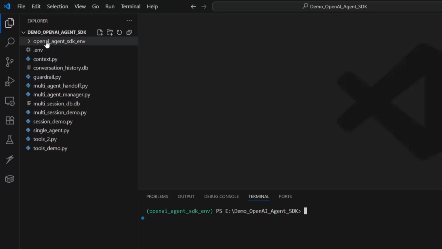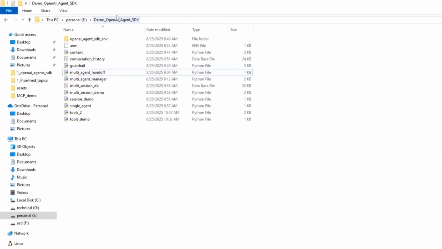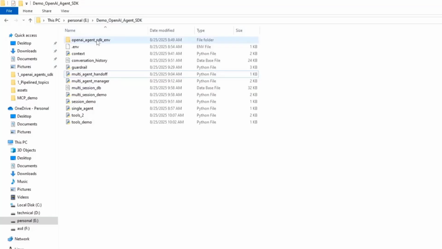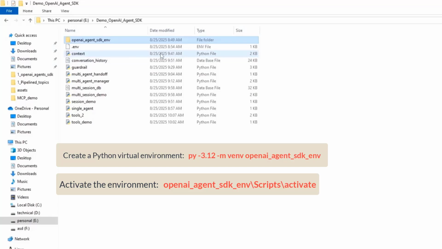So this side you can see, this is the environment which we have created, OpenAI Agent SDK ENV. See, in E drive we created this folder, and in this folder we created this environment, and to create this environment I executed this command. After that we activated the environment and we worked under it. And guys, these are the topics which we covered in the last class.